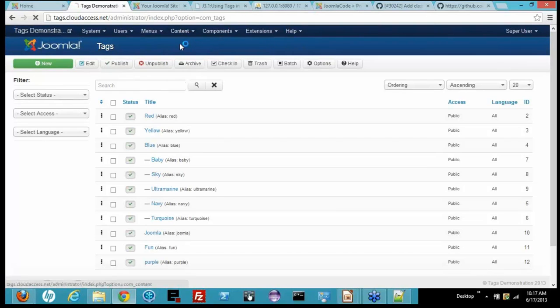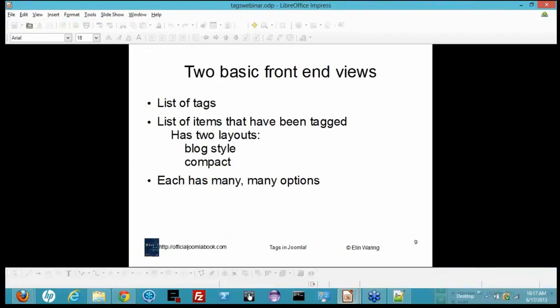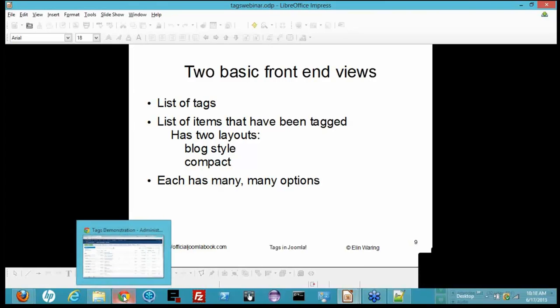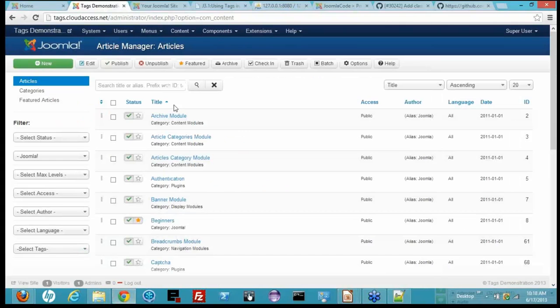And I already showed you how basically you'll be creating your tags very easily, and there's not really much to say about tagging items except that you can do it in any component that has bought into the tagging system, which is all the core components plus whatever components have extensions developers who've decided that they want to participate in tagging,